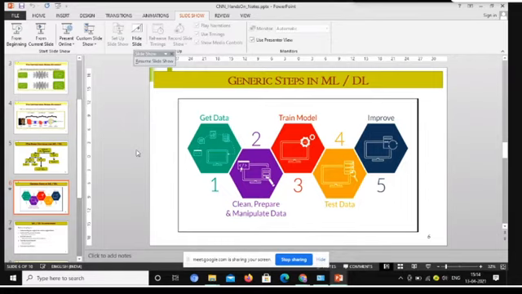Finally, if we test the images and the images are not detected well, we have to improve the trained model. So these are the steps you have to implement.